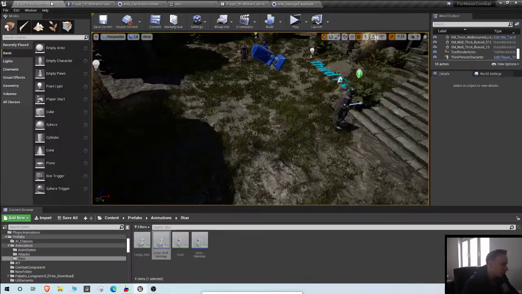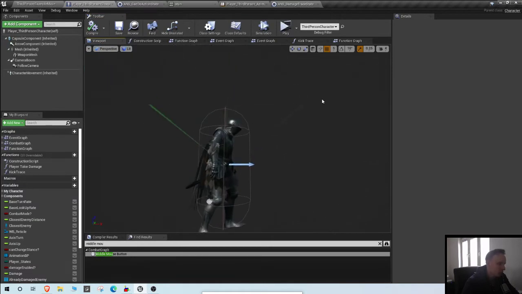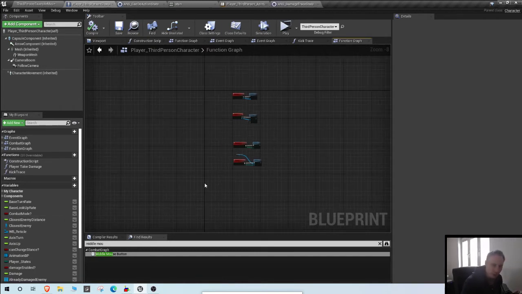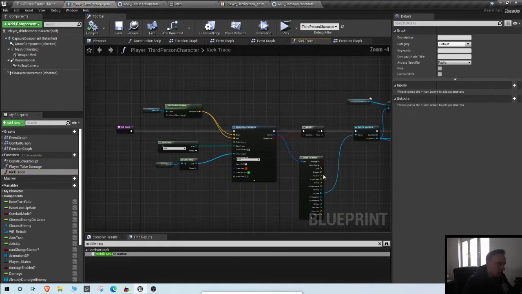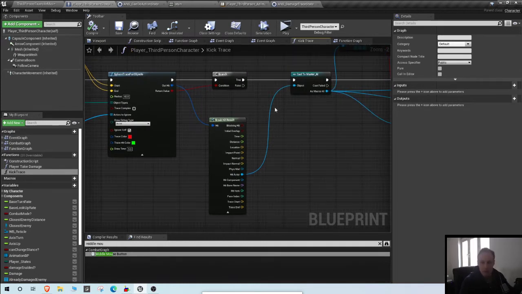I prefer to not use collisions though, whenever I can, because in multiplayer network games I find collision to be a little bit more unreliable than traces. I find traces to be on point, to be honest, so I always prefer to use tracing. The good thing with tracing as well is that you can break the actors and get which bones are hit and things like that, and you can do different damage if you hit the head. So anyway,